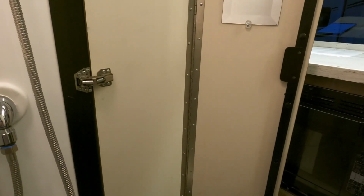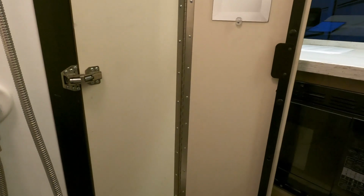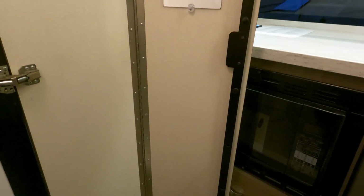Guys, again, apologize. My camera throws an error message every once in a while, just randomly stops recording. What I'm getting at is you can actually take a shower with your shower curtain down and your doors open, so it gives you a little bit of elbow and breathing room if you're claustrophobic. I'm really not. So all right,